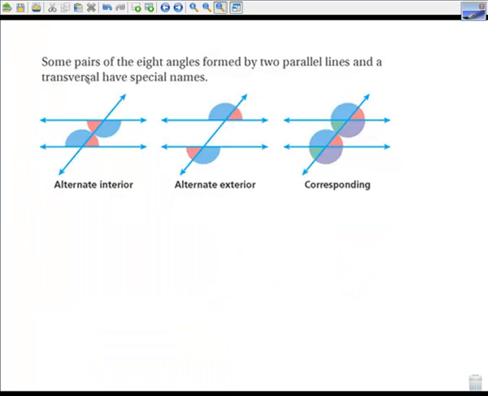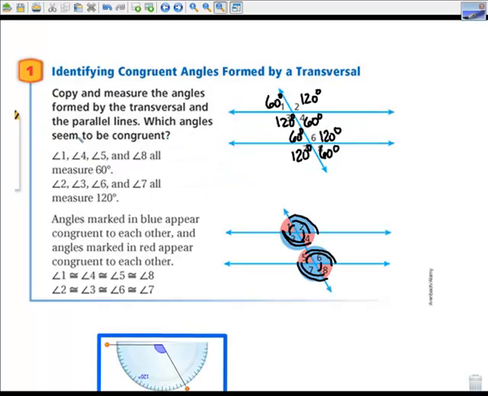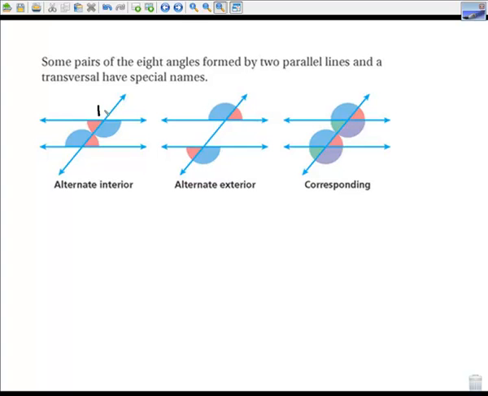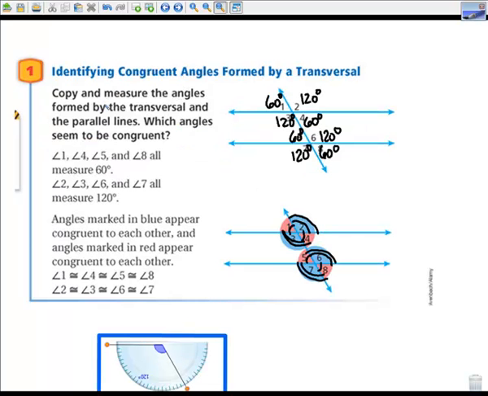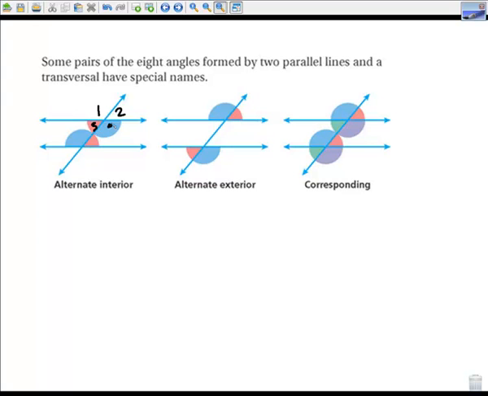Okay, here it says we have some pairs of the 8 angles that are formed by two parallel lines and a transversal that have special names. So these angles right here, let me go ahead and renumber this, and I want you to put your numbers in there as well. So we have 1, 2, 3, 4, 5, 6, 7, and 8. So again, they're showing you the colors. Angle 4 and angle 5 are called alternate interior. Alternate, I always think is one is on the top, one is on the bottom, and they're inside,